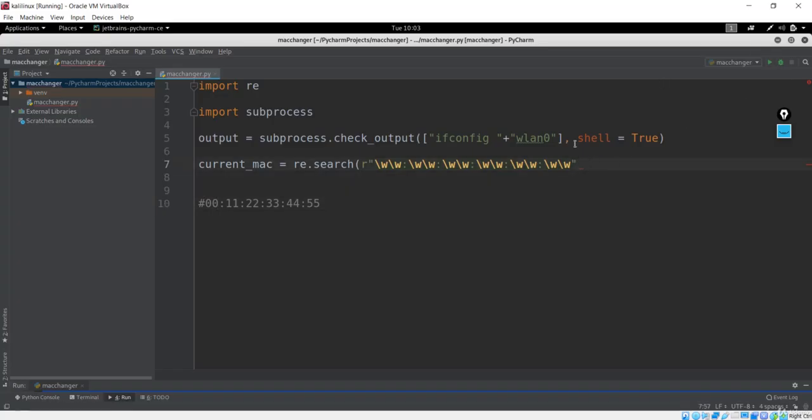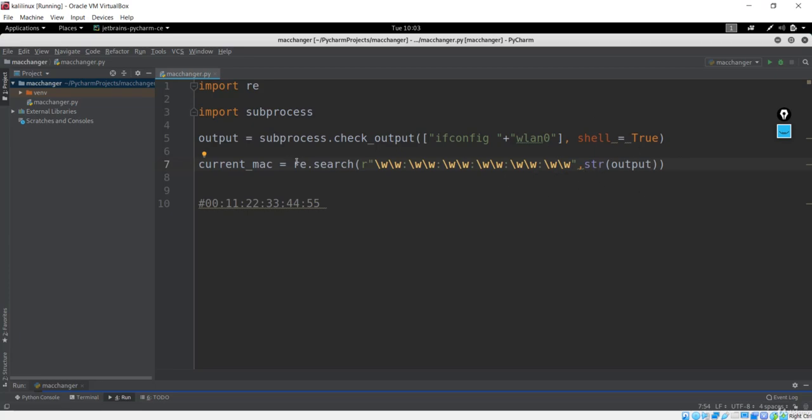After we pass the pattern, the next argument to this search is going to be the string where you want to search. In this case we don't have any sentence, rather we have the output, because we want to search in the output of this command. So I'm searching that in this output and closing here. This output can be in the form of an integer or maybe a boolean, so instead of having an error, let's typecast this to a string to remove any error that might come.